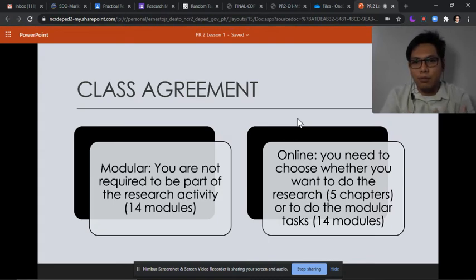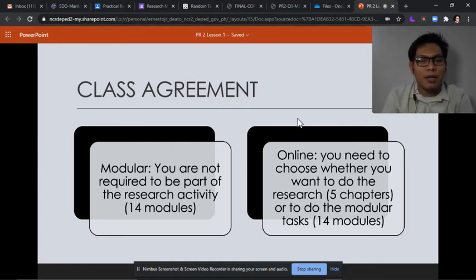But if you want to be part of the research activity, I will be glad to welcome you to our research groups. But always remember na pinapili ko po kayo. Pinapili ko po kayo, especially sa modular, na binigyan ko po kayo ng free will to choose kung ano yung gagawin ninyo. You will stick to purely modular, or gagawin natin tong research.